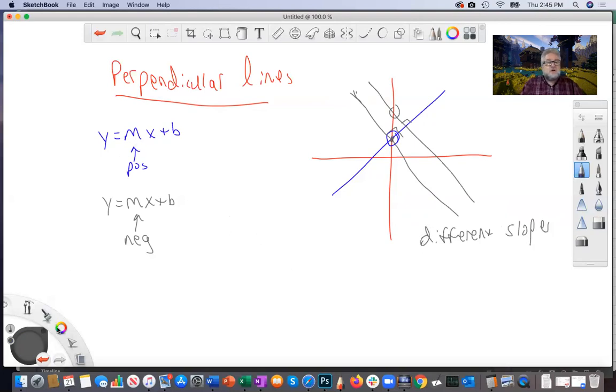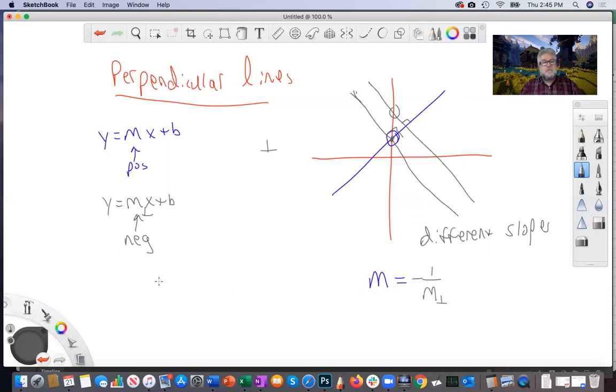If this is my perpendicular line, this is the symbol for perpendicular, okay? The slope for one line is going to be equal to the negative reciprocal, meaning -1/m,